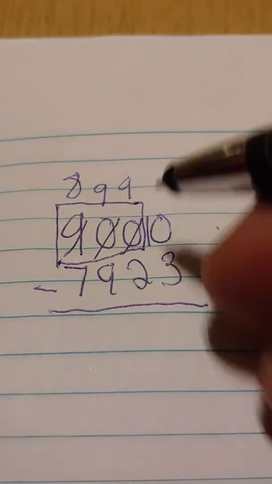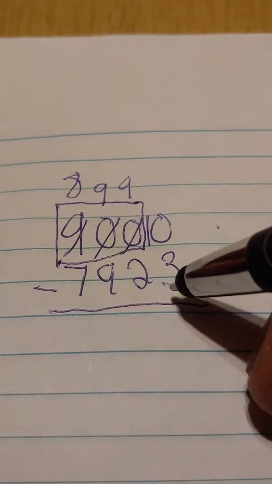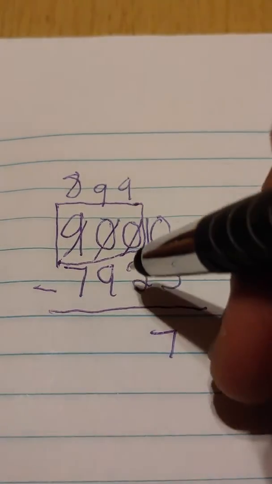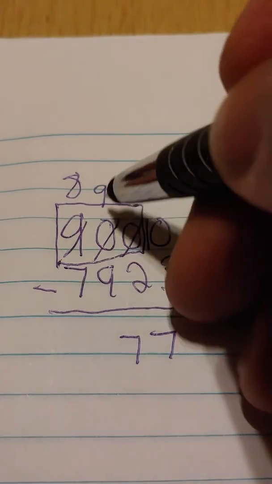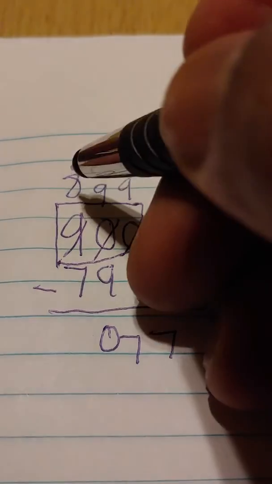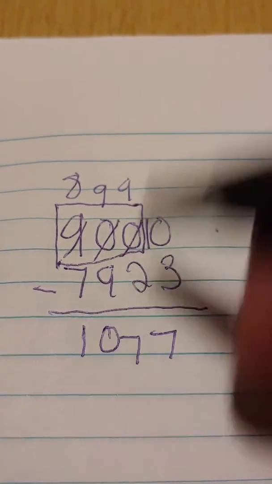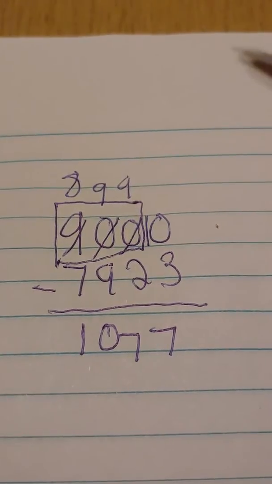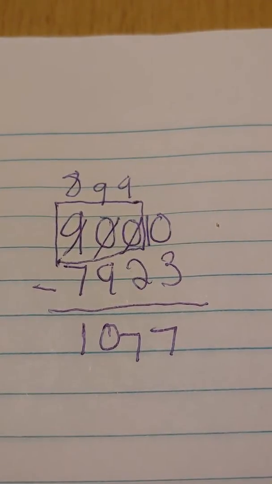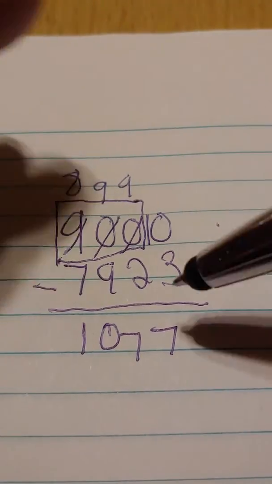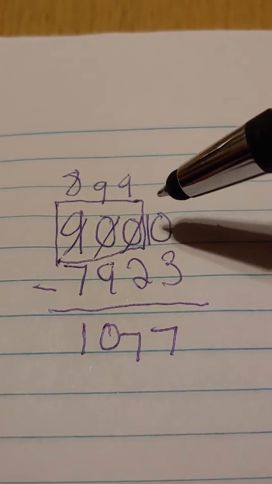And so now we look here and we go, well, 10 take away 3 is 7. 9 take away 2 is 7. 9 take away 9 is 0. And 8 take away 7 is 1. And that's the answer. Okay. And this was really hard to get the answer. They say, you have to do borrowing. You're borrowing. Okay. Now, my method, using the exact same number, we'll go 9, 0, 0, 0, take away